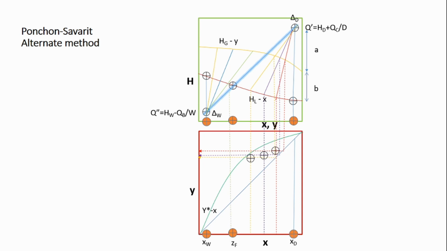Do for stripping section similarly. So x is this HLX, so drop it to x axis. This is on y, so bring it to x equal to y line and go to y axis. So this intersection is a point on stripping section operating line. So do for all these lines and get these points of x and y for the operating lines.